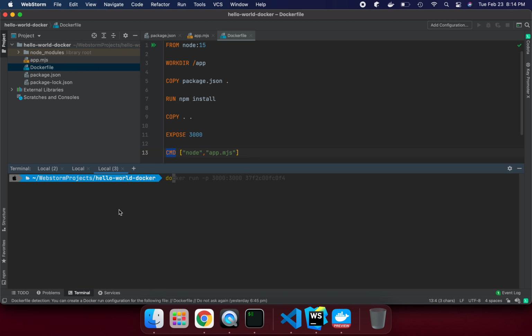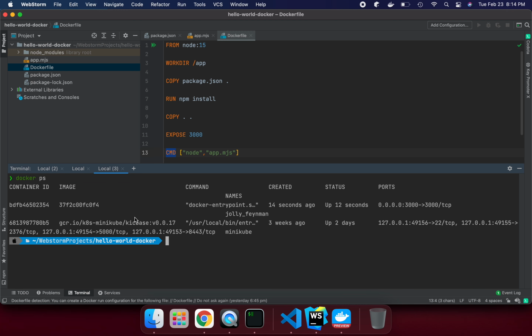Now if you say docker ps, we can see what active containers are inside. This is the container id, this is your image id, and this is our container name. If you see jolly Fayman, this name is randomly given to us whenever you run this kind of program if you are not providing the name. If you see this port, this is your host, like localhost, and this is your external port and internal port, the container port. Both are binding together. So those are the things basically.